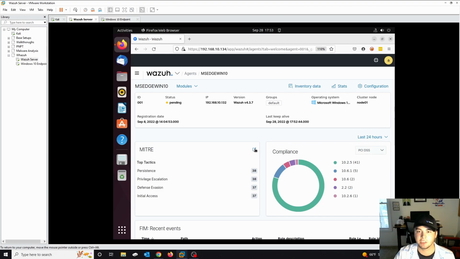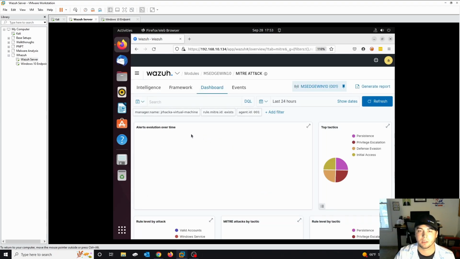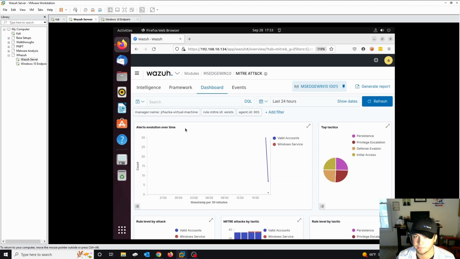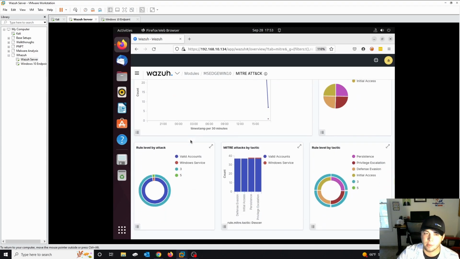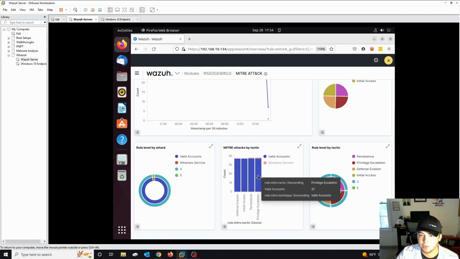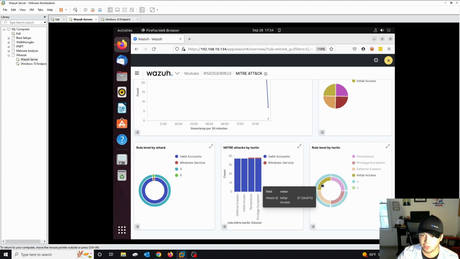So it actually shows us the MITRE ATT&CK framework. I don't want this. Okay. So it's going to show us the MITRE ATT&CK framework. It's going to show us a bunch of really good information and how it can be used from a bad guy perspective and how they could get into that machine. See privilege escalation. There's a bunch of stuff here, a bunch of accounts it's saying that are bad. Initial access, there's